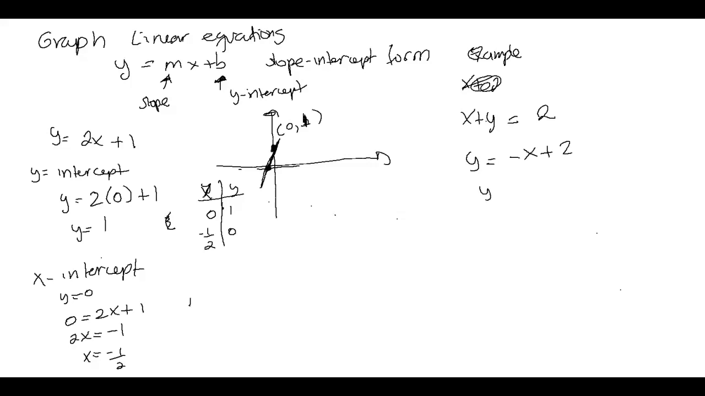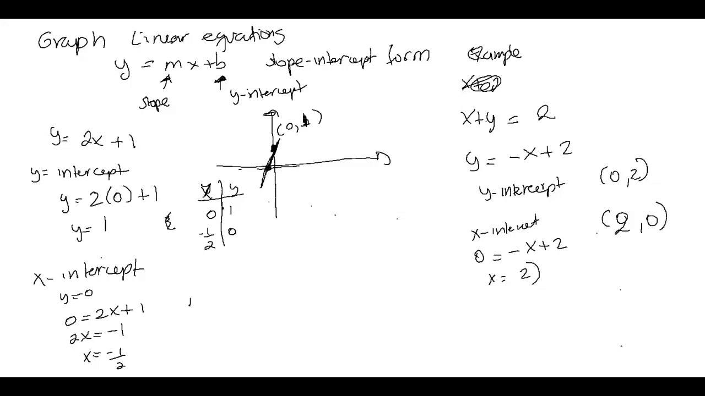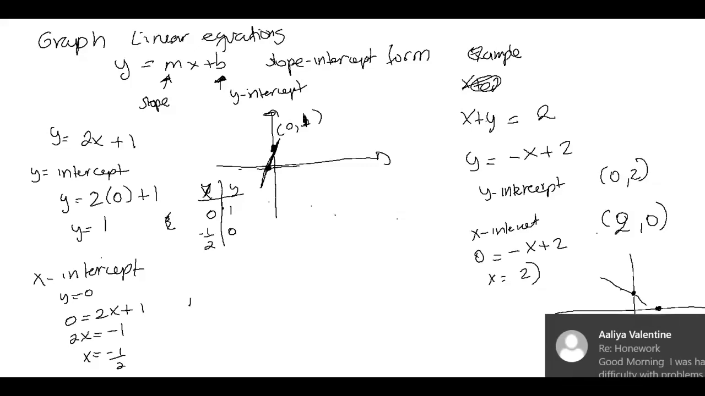I can say, okay, the point for the y-intercept is 0 comma 2. Now if I look for the x-intercept, I have 0 equals negative x plus 2. So I have x equals 2. So this right here is going to give me the x-intercept, 2 comma 0. So if I were to plot this right here, I have 0, 2 and I have 2, 0, which is a good sign, right, that we have this, because